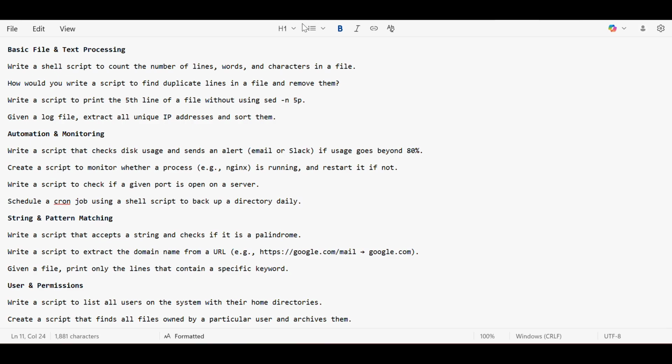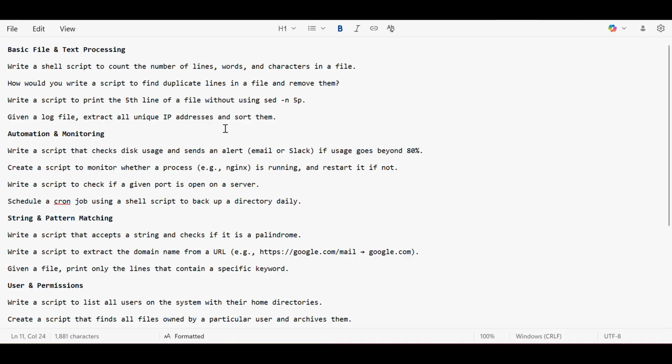Why am I giving these questions? Because mostly, when you are giving interviews, the interviewers ask you to write commands, or write a small shell script, and you can only be perfect in writing when you do practice. So coding and scripting, these two things can be made good only by practice. The more you practice, the more understanding and more command you will develop on this scripting path.